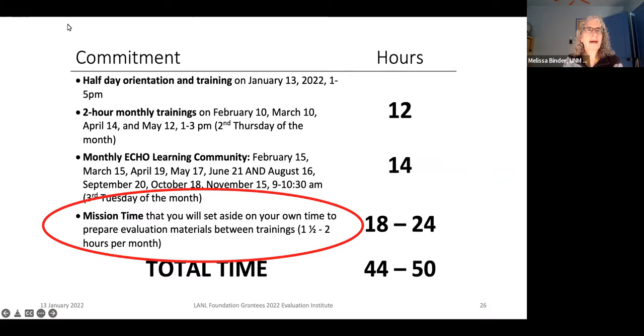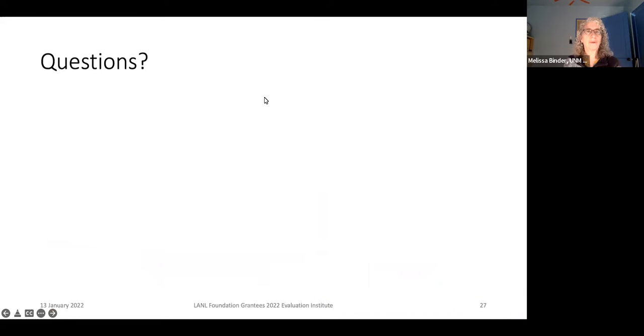Again, going back to what this is all about and what the commitment is, I've circled the mission time. When we add up all the hours for the year, you would be devoting, for each person on your evaluation team, a little over a week of work to evaluation. That's fantastic. That is a great goal, to have that kind of focus in an ongoing way. So it's not in a panicked way, it's not "I have to pull something together." We're setting aside the time to make this happen. So that is pretty cool.